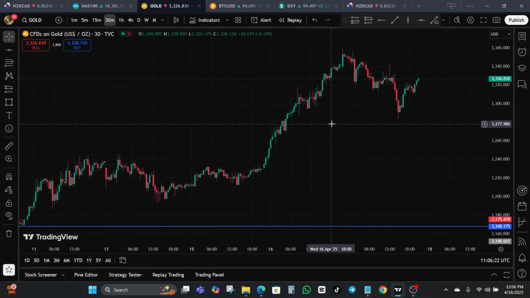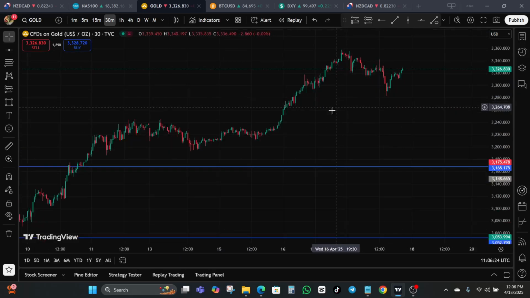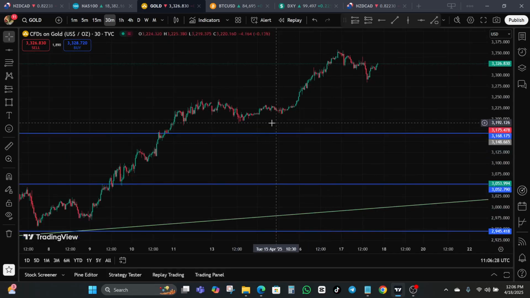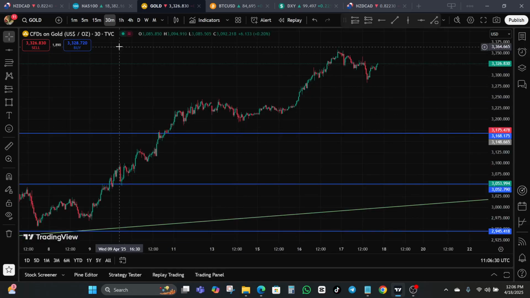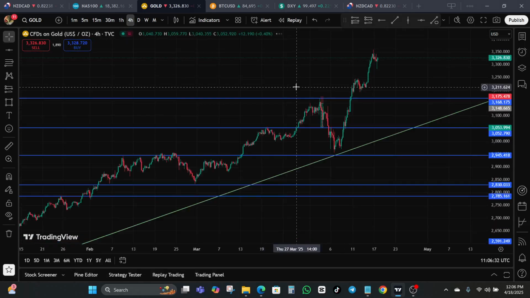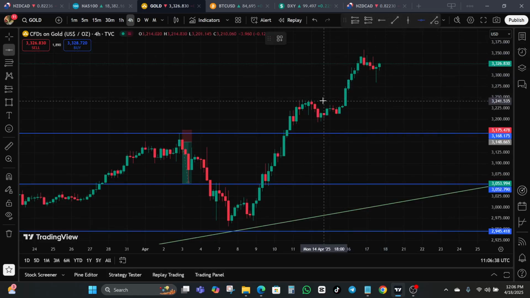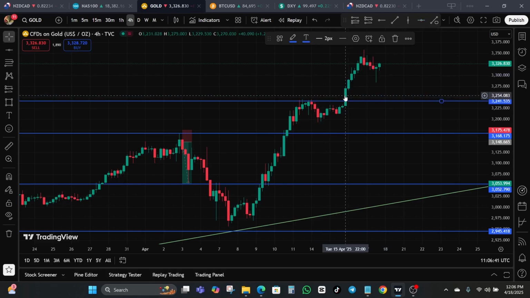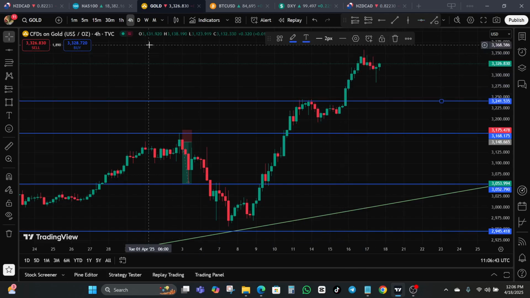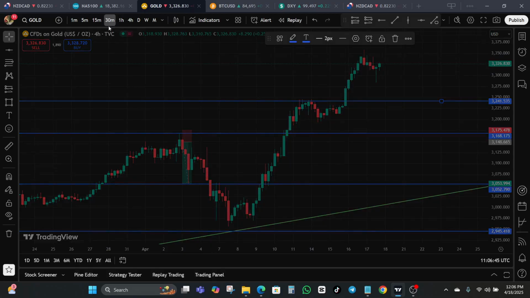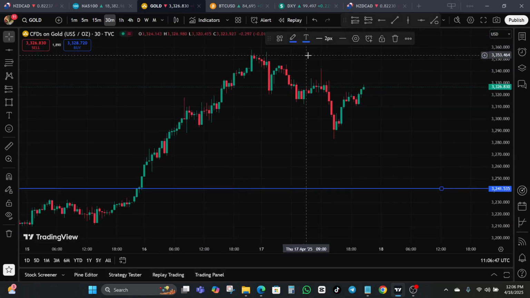Let's go to recent price movement. So you have to wait for price to retest one of the key zones that you identified on the higher time frame. So at this point, let's go to the 4-hour chart. We actually had another important level here. I had to come to the higher time frame to check. Okay, so now going back here,